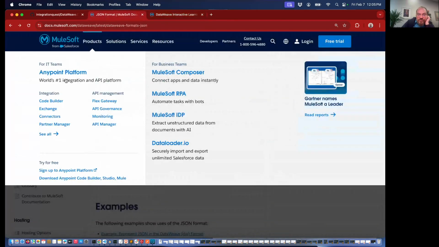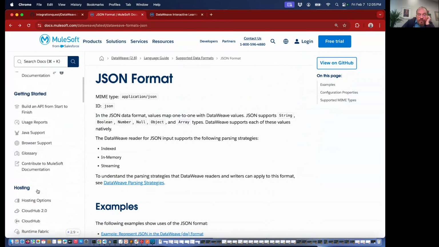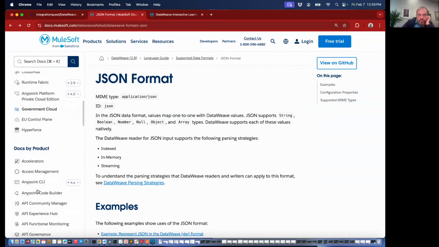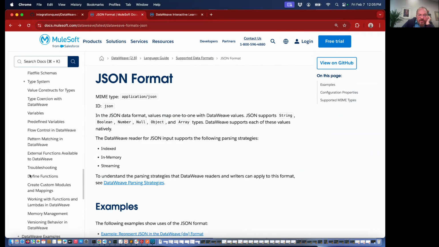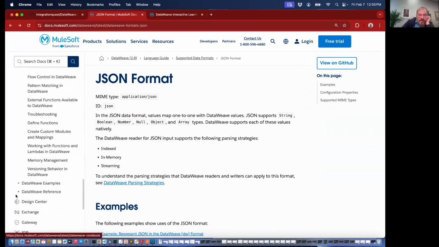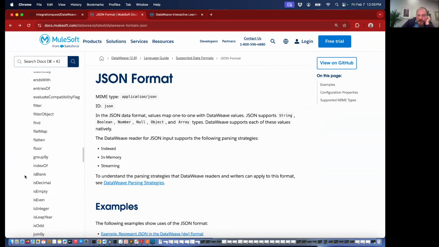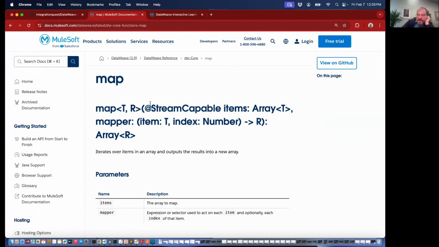Like if I go to the DataWeave reference, where is it? Here we go. I go to the reference and I go to the core library. Let's just look at the map function. You'll see something funny in the documentation. You'll see this annotation, stream capable, written in the method signature. It's real easy to just think that's noise and skip over it. But this tells you that the map function can be used in deferred mode,